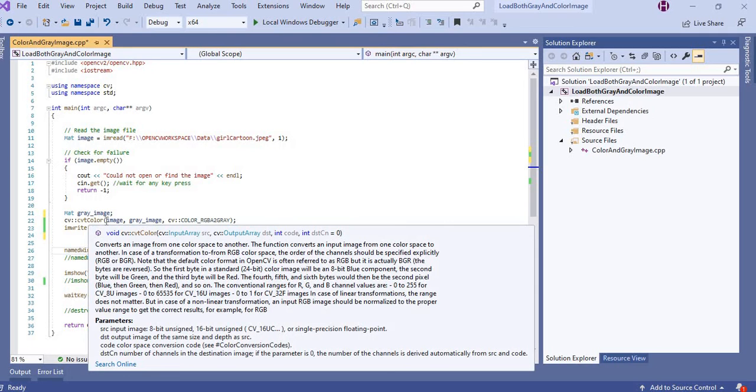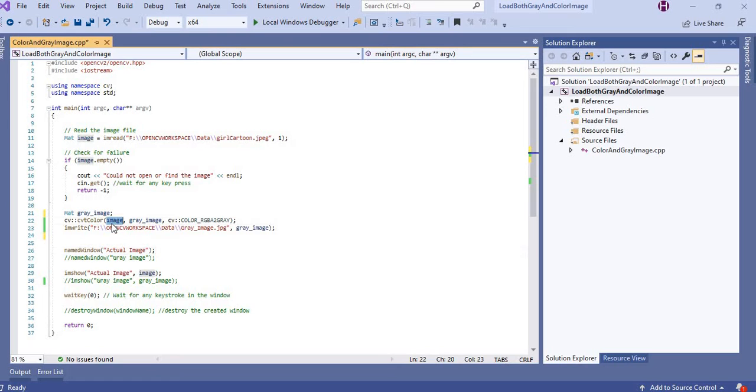For that we have to give an input matrix, an output matrix, and the format in which you want to convert. There are several color spaces, but there are three popular color spaces that we'll see now. So first we have to run this and see the output.